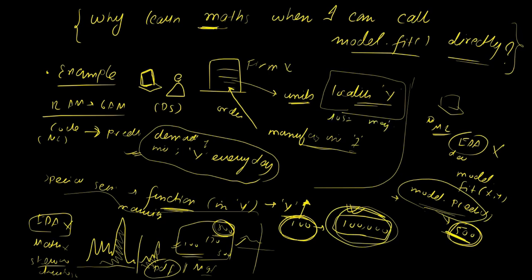Now, what did you learn from this? When this problem arose, what will you do if you didn't do any EDA? Will you change the model? No, it will still give the same results. And the model has already been trained, so you cannot change the model. What can you change? The way you do the EDA, the way you understand the data, the way you map the probability density functions. This is what you can change overnight.